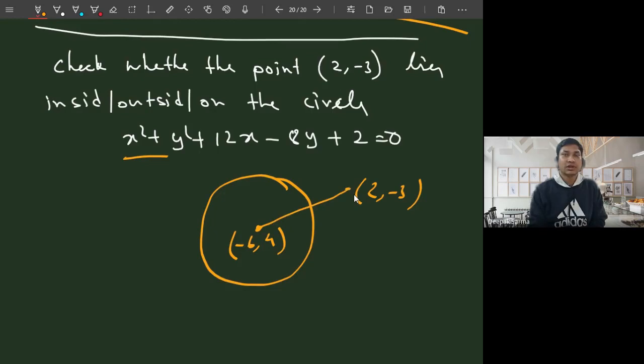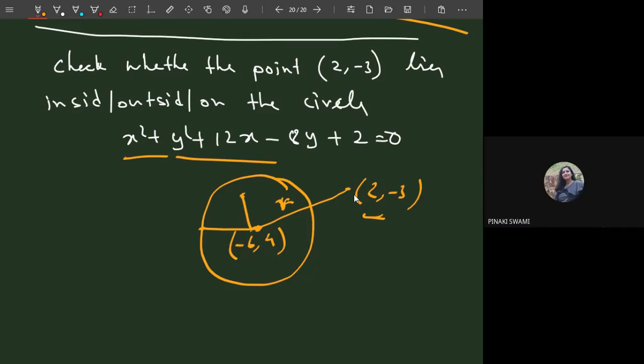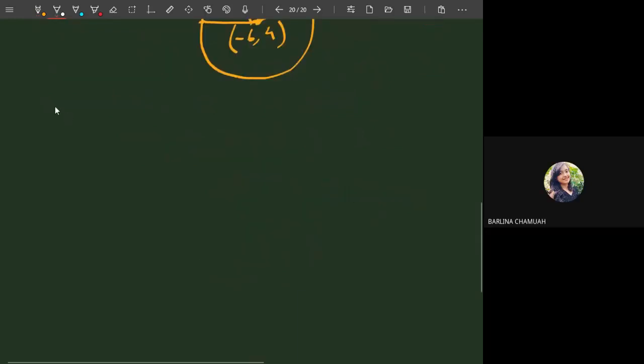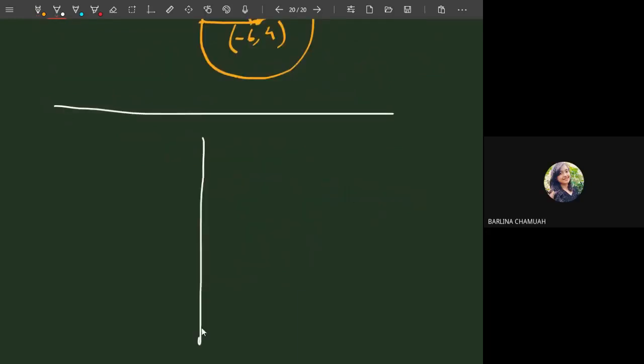If you know the radius, simply find the distance from the point to the center and compare it with the radius. So here you can find the radius. If the distance between the center and the given point is greater than the radius, the point is outside. If the point is somewhere here, then the distance from the point to the center will be less than the radius. If the point is on the circle, then the distance from the point to the center will be equal to the radius. All of you get it? Yes, sir. I've given sufficient hint, so all of you can hopefully solve it.